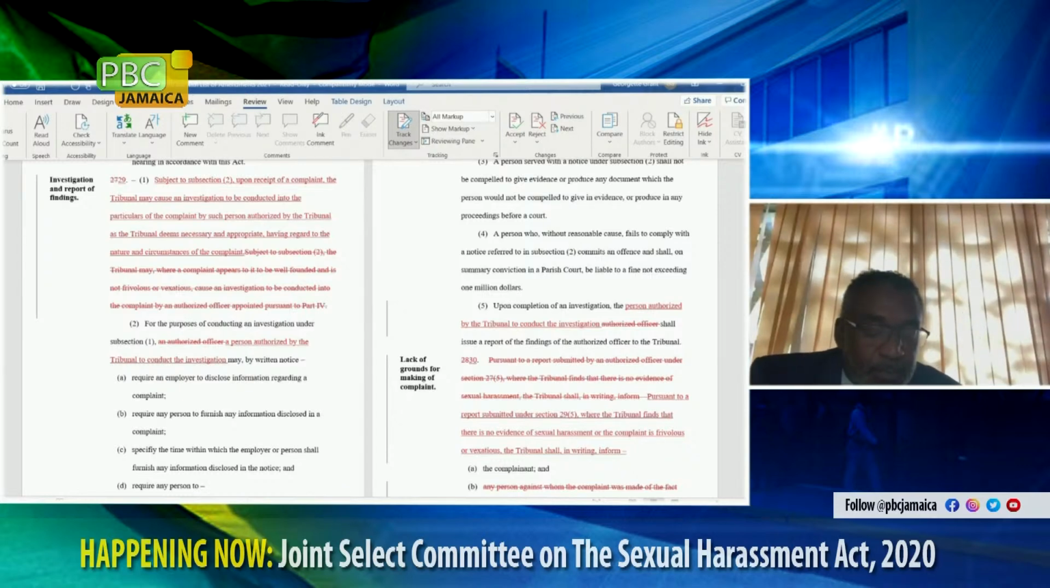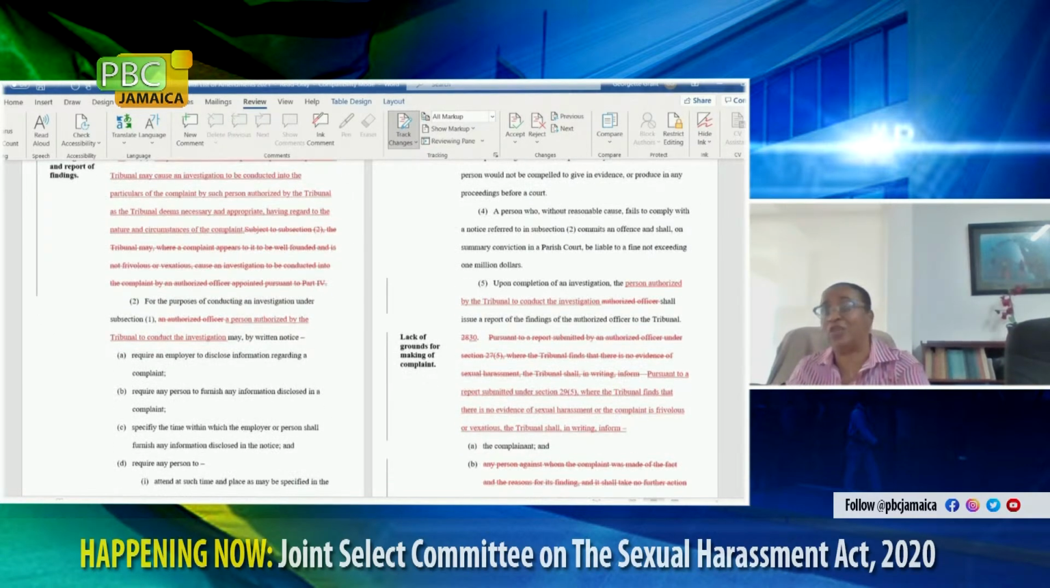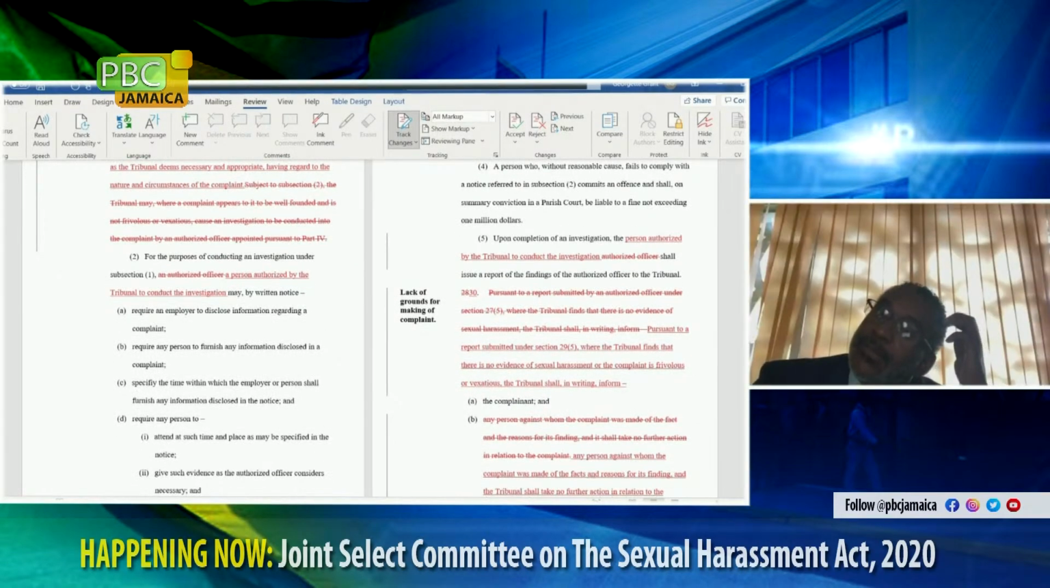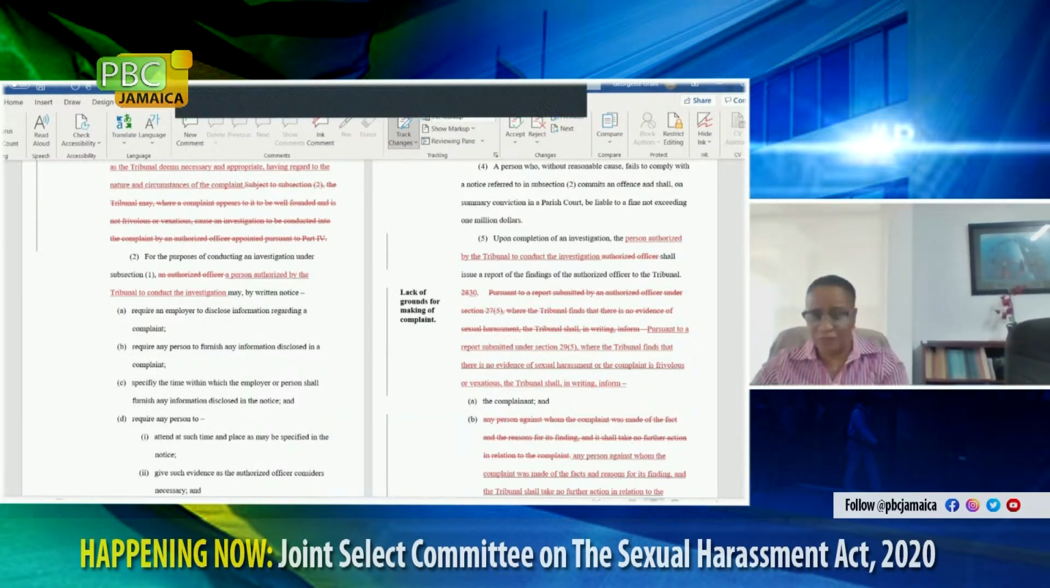Yes, and then the other items are just consequential, Chair, of that amendment, so that you don't speak to an authorized person, but a person who is authorized to conduct an investigation, who can be an officer under this act or any other person. Right. All right. And then, Chair, if that is accepted, we can move on to clause 30